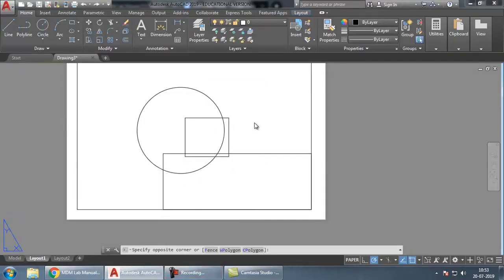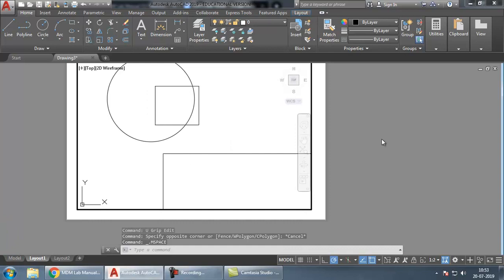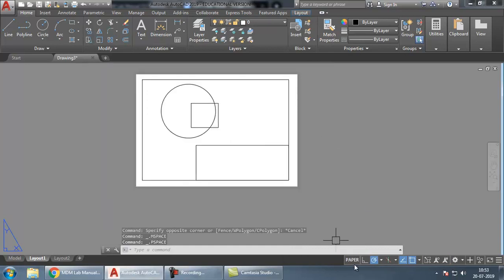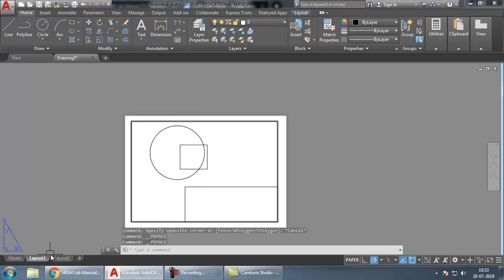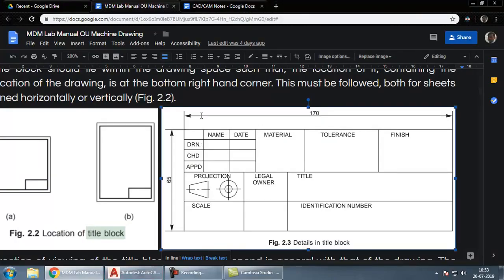Once that complete table is done, you can just move your diagram here and double click outside, or you can click here. You are back in the paper space. Now the scale here is 1:2. Clear? So now the layout is set. So both the things that we had have been set.